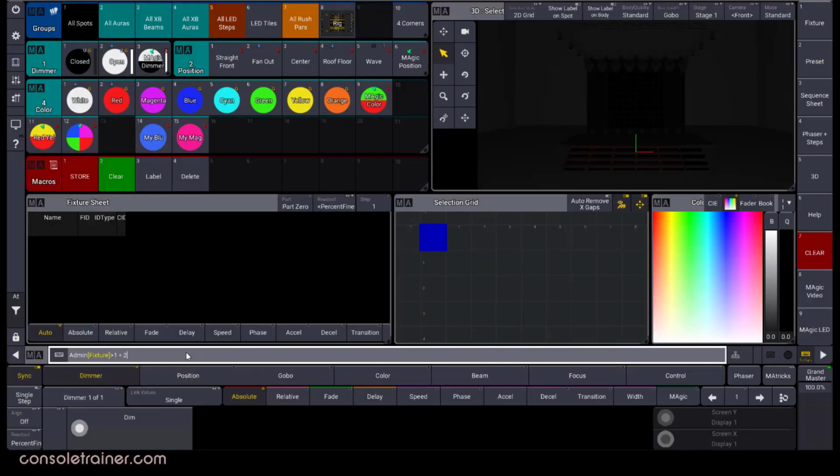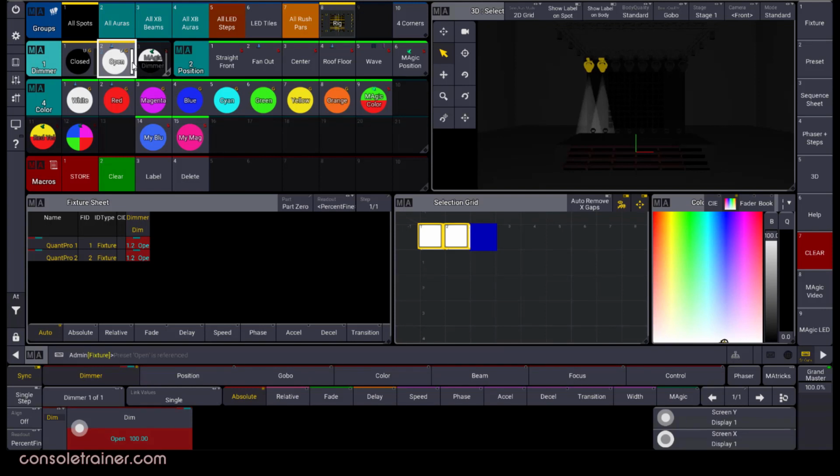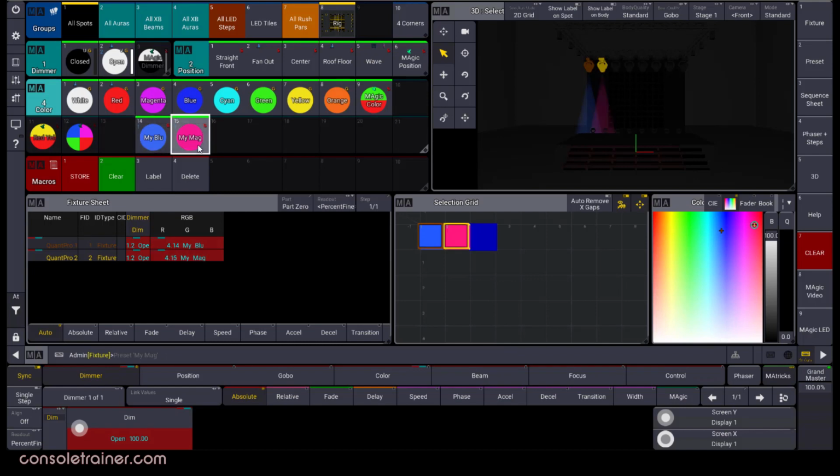Just don't forget to store the magic preset as an embedded preset so that when you update the presets you use to create it, the magic preset will update as well. Let's try one. I'm picking spot number 1 and spot number 2, bringing them to full so I can see what I'm doing. And then I'm going to put unit 1 in this color preset, and then unit 8 in this second color preset. I'm reselecting these so that I can hit Add Magic.